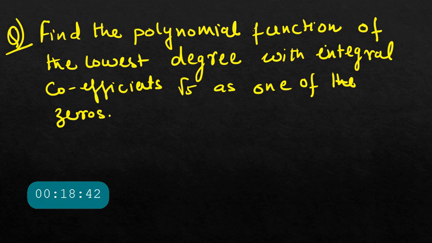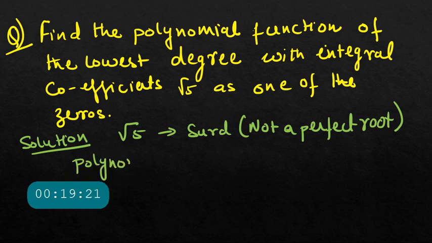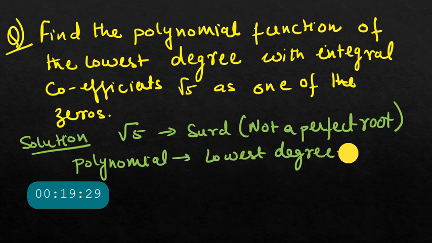So I know that root 5 is a surd, right? Solution. Root 5 is a surd because it is not a perfect root, right? So if this is not a perfect root, I can also take root 5 to be like how? Now I know that I have to make a polynomial function of the lowest degree, so I will take my polynomial of lowest degree 2, right? Obviously lowest degree is 1, which is very easy, x minus root 5. But if I have to make it for degree 2, that means I will take this polynomial now,